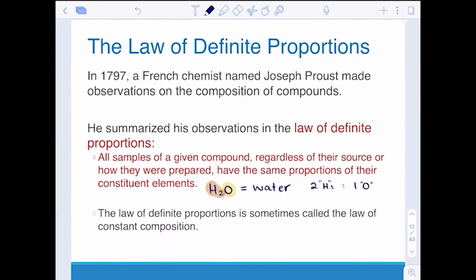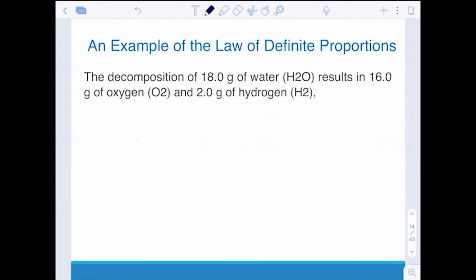When we think about the law of definite proportions, it's literally saying when I have a name for something like water, that water is established with a specific ratio of elements. And this is how Joseph Proust was able to do it. The decomposition of 18 grams of water always resulted in a 16 gram to 2 gram ratio of oxygen to hydrogen. Now, when we think about that